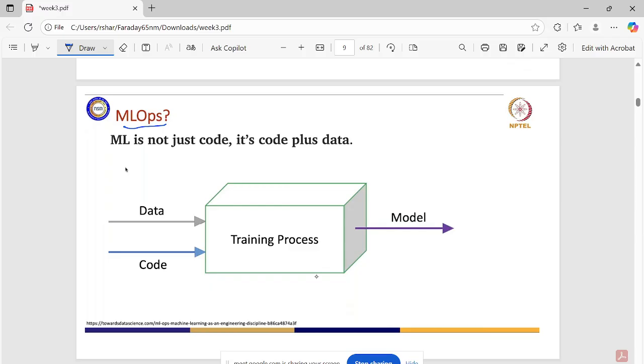Now what is the difference between MLOps and DevOps? ML projects are managed and operated. So here we have, along with the code,